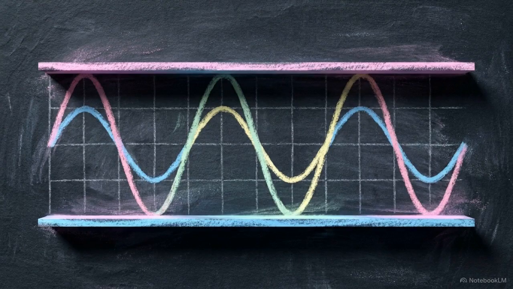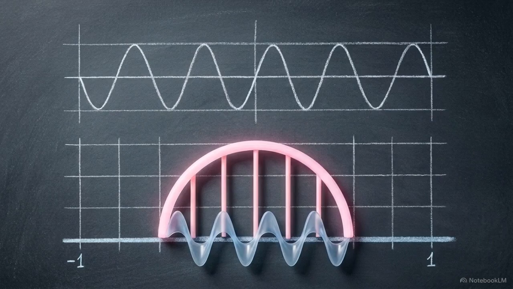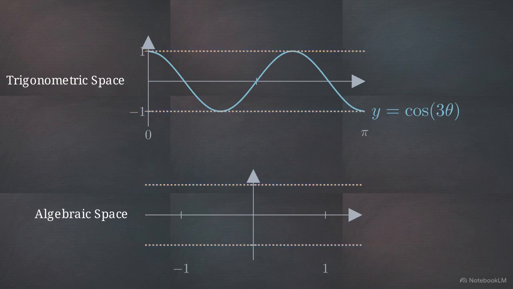To build a polynomial that hits these alternating peaks exactly, we need a function that oscillates predictably between fixed bounds. Trigonometry is the most direct tool for this. By using the substitution t equals cosine theta, we can map periodic oscillation onto our algebraic interval. This dual-axis chart maps the wave cosine of n theta as it oscillates between -1 and 1. As the angle theta moves from 0 to pi, the values project down onto our interval, drawing the polynomial